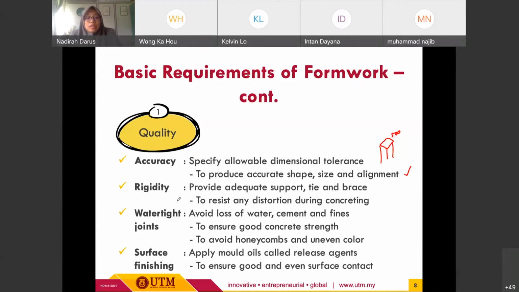Okay, sama juga in terms of quality, we need to consider the watertight factors because kalau kita punya formwork tu ada leakage ataupun kebocoran, it will cause loss of water, cement and also material itself, dia punya fines tu semua. So we try to have a good watertight joints to ensure good concrete strength ataupun to avoid honeycombs and uneven color of the concrete. Okay, so all of these are related to the quality. And the last one is the surface finishing,